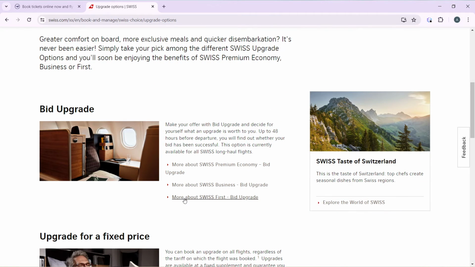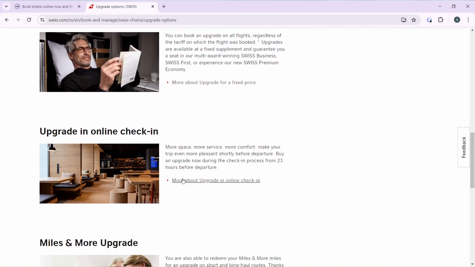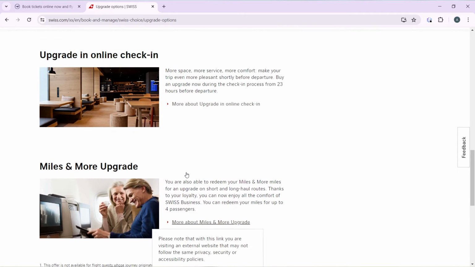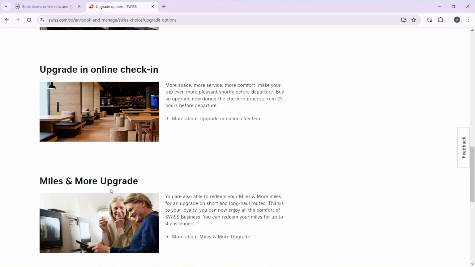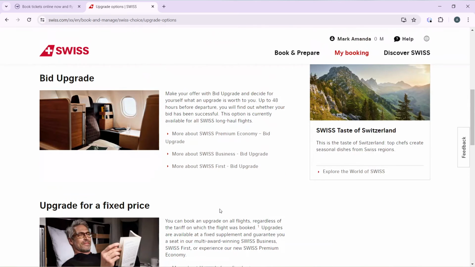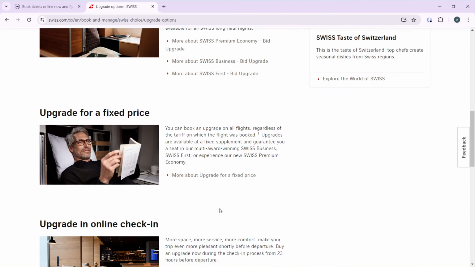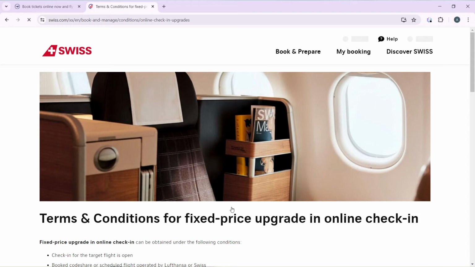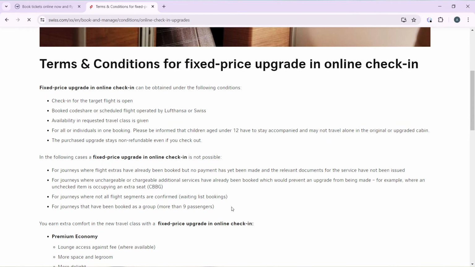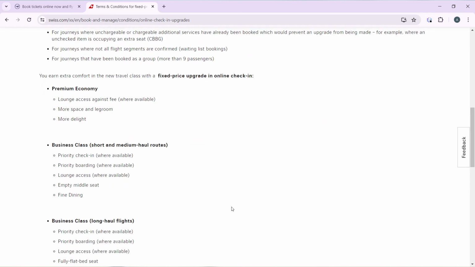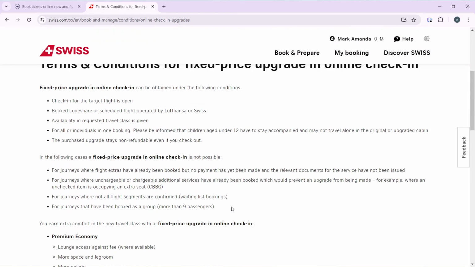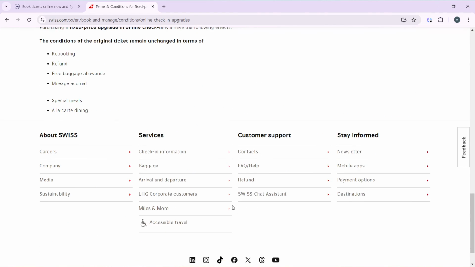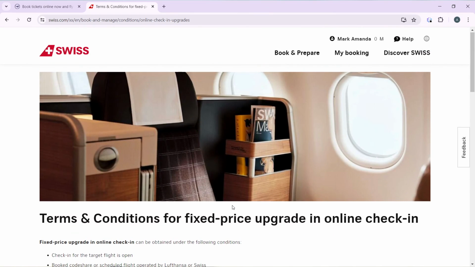You have the bid upgrade, you have upgrade for a fixed price, and you have upgrade in online check-in, which is where we can move to. Of course, you can use the Miles and More upgrade if you have a Miles and More account. So let's head over to upgrade in online check-in and click on that first to know more about that. Okay, so this is it. These are all the conditions that you need to meet to, of course, upgrade via checking in